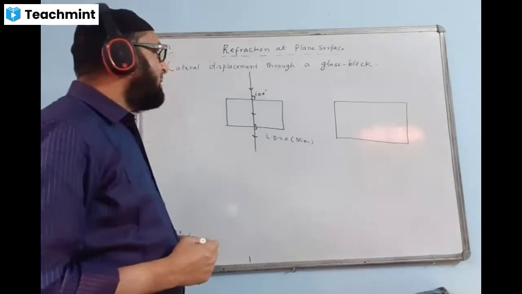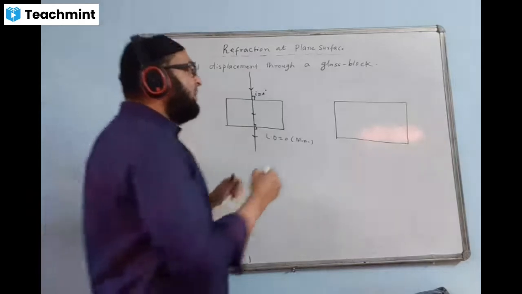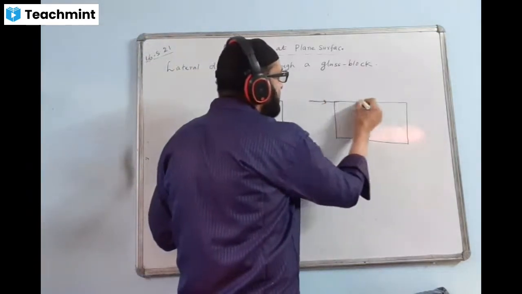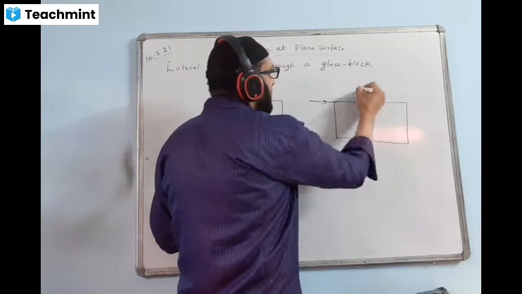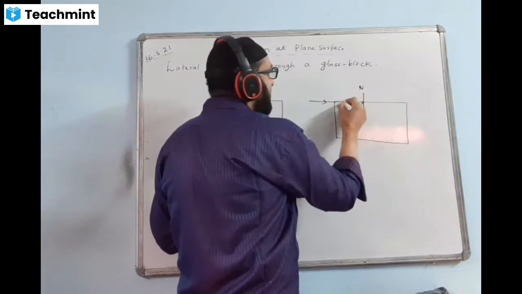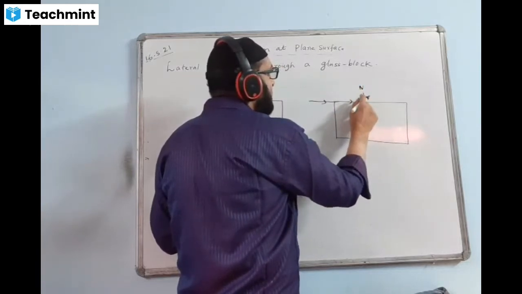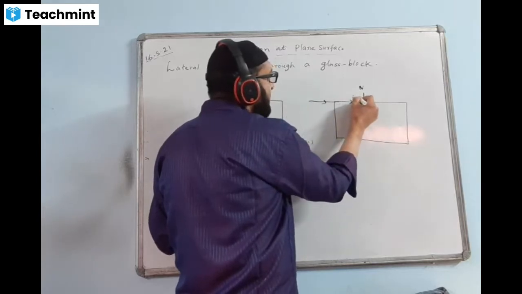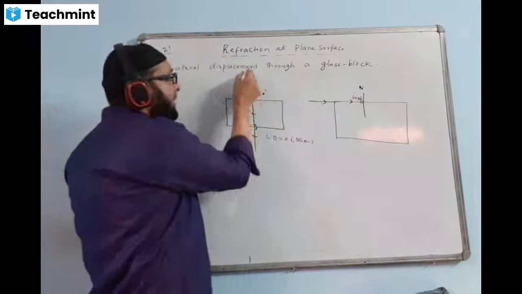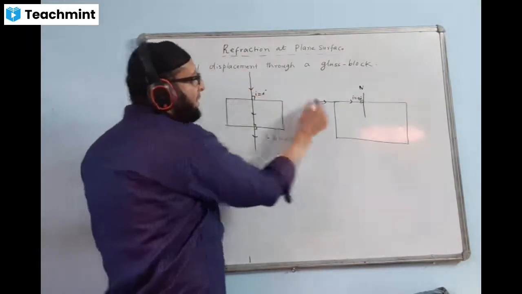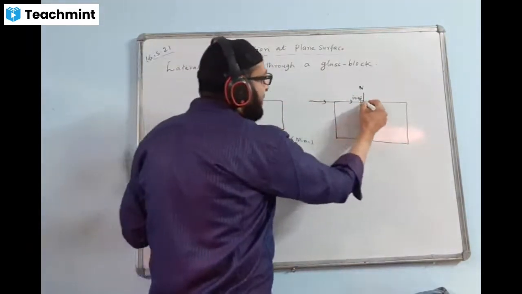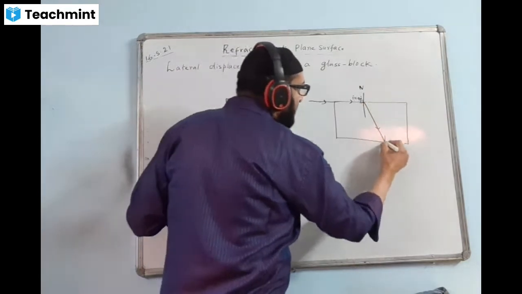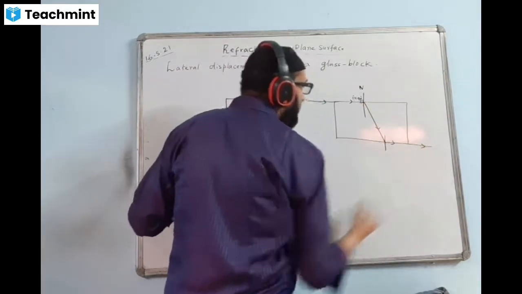Okay. Yes, when I is equal to 90 degree, that means when the ray of light comes along the surface, this way, like this, here the angle I is, now the ray is coming like this, mind it, then the I value is 90 degree here. Here the ray was coming like this as the arrow, but here the arrow is like this, then I is 90 degree. The ray will go like this, and then it will again go this way.